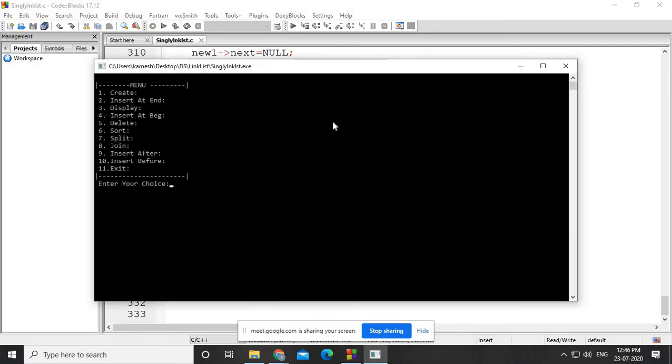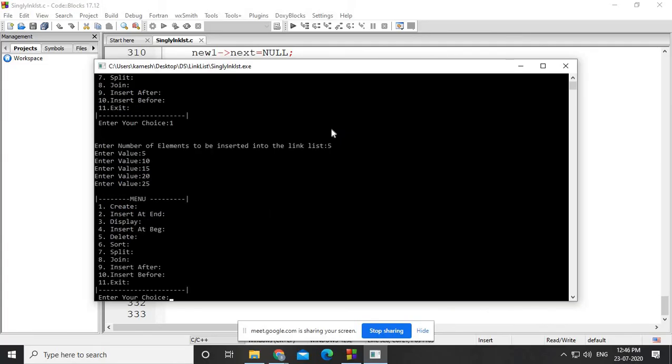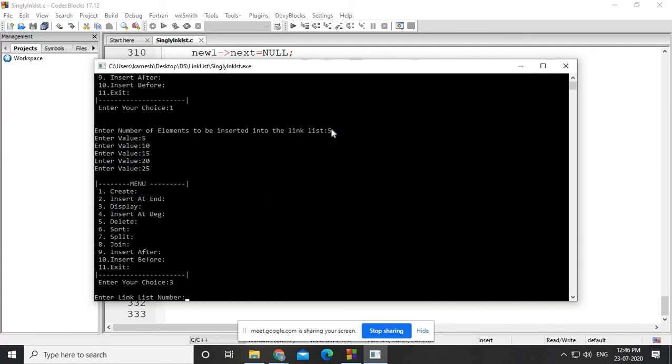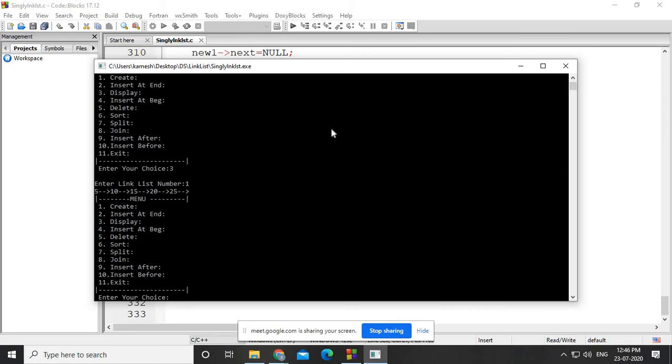So let me again create, say, the value 5, then 10, okay, 10, then 15, then 20 and 25. I'm just showing you linked list number 1: 5 10 15 20 25 is there.